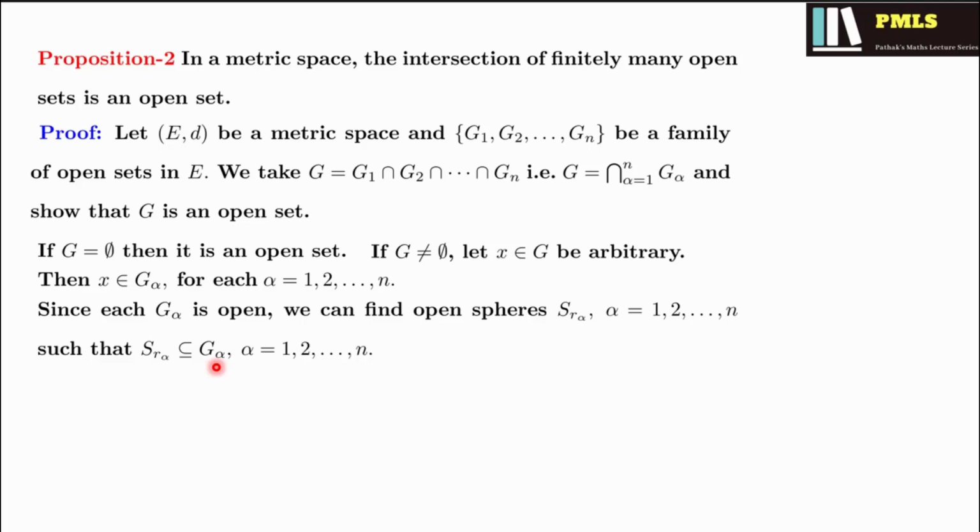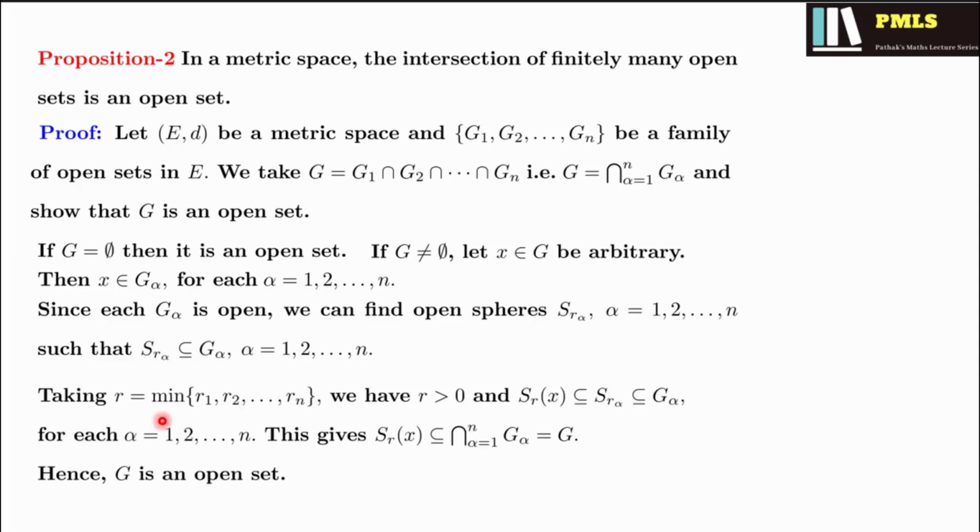We have escaped writing X because the spheres are concentric, and we can just ignore mentioning X here. So SR1 is a subset of G1, SR2 is a subset of G2, and so on. Now, what we do is take the minimum of these radii R1, R2, Rn, and we call it R. Therefore, R is greater than 0, and now SR of X becomes a subset of all SR alpha, which are subsets of G alpha. And so SR of X becomes a subset of the intersection from alpha to n of G alpha, which is nothing